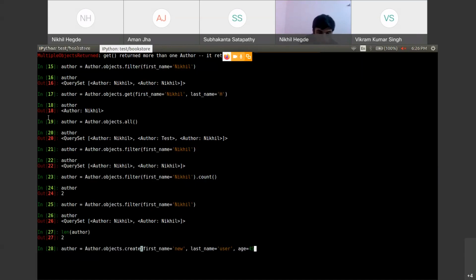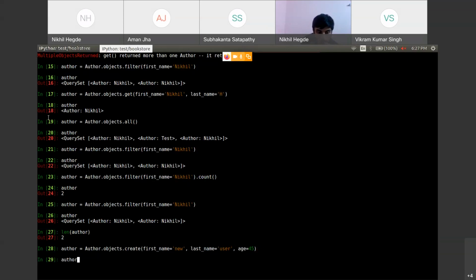So what this does is, I'm accessing the author model, and I'm using the create function to create a new entry with first name new, last name user, and age equal to 45.